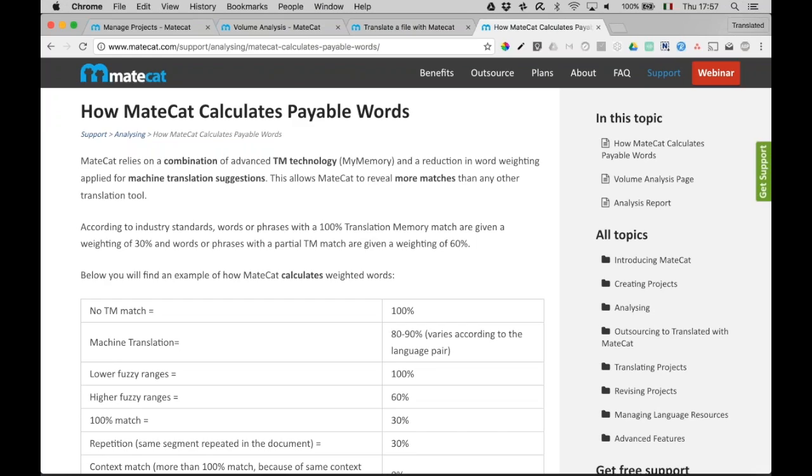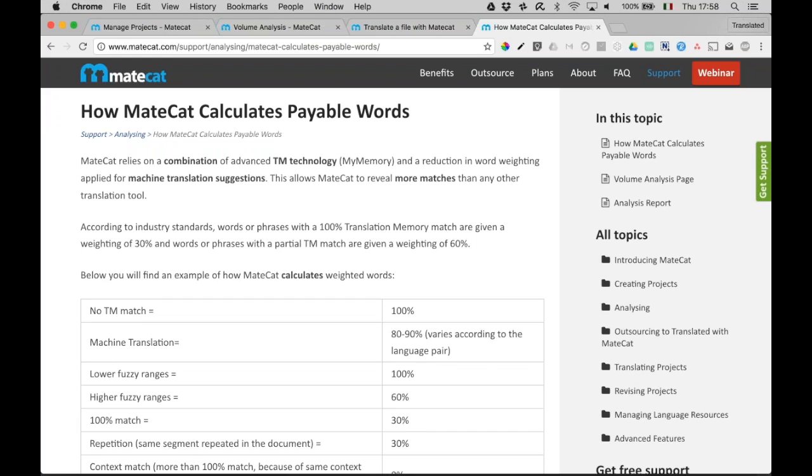So that is the difference, basically. But I would say that in 99% of the cases, you are fine with the general segmentation rules. In those rare cases where you are translating patents or maybe chemical documents, you may want to try the patent rules and see how the text is segmented.